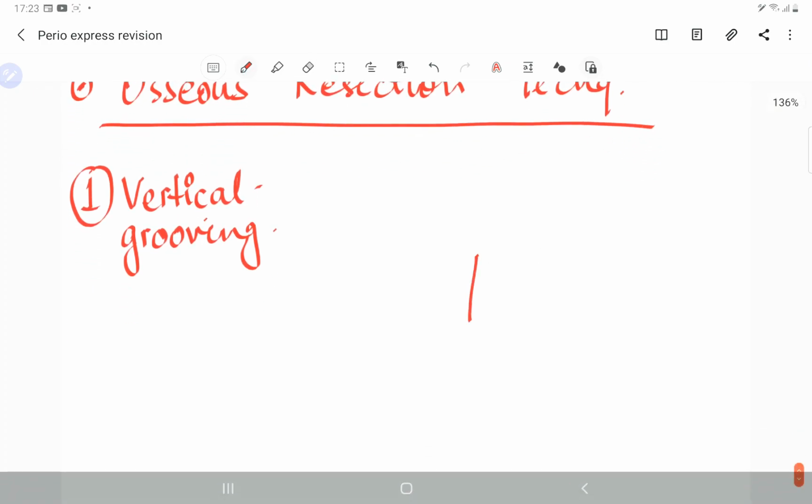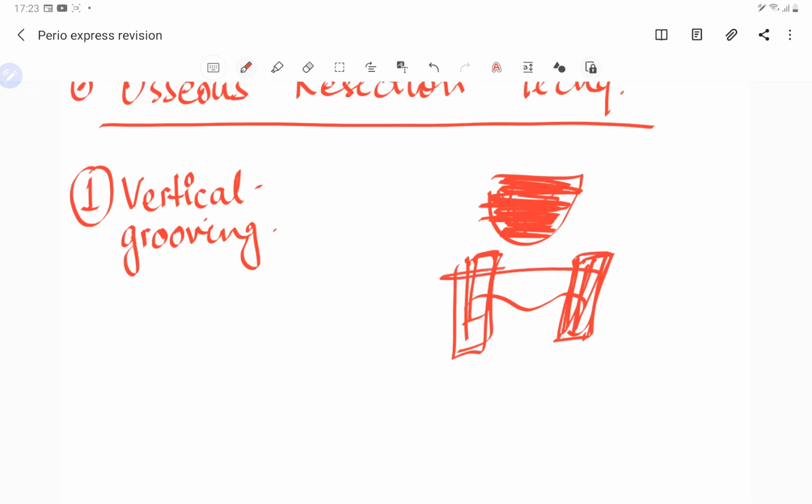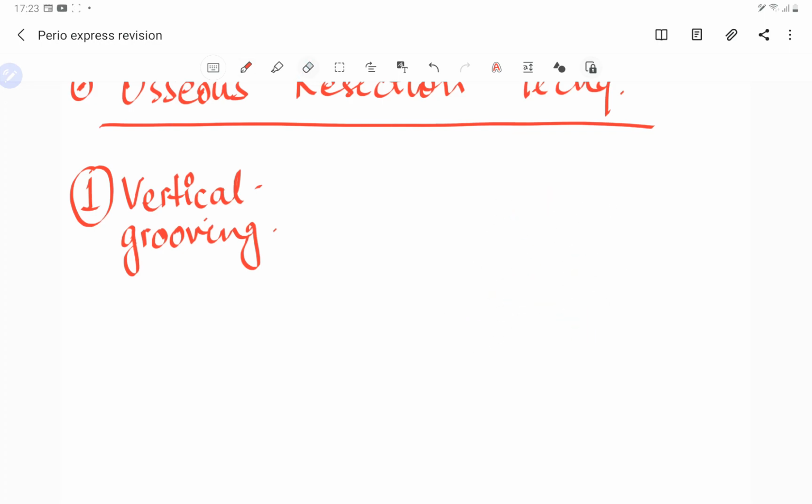And then once you have made these grooves, say suppose this is a tooth and you have made these grooves in the bone, first of all reflect the flap, a full thickness flap, reaching to the bone. Now that you have made these grooves, you have to merge them like how we do in tooth preparation. We take a burr and, up to the indentation we have made, we prepare it. We merge all these grooves, and that is the second step.